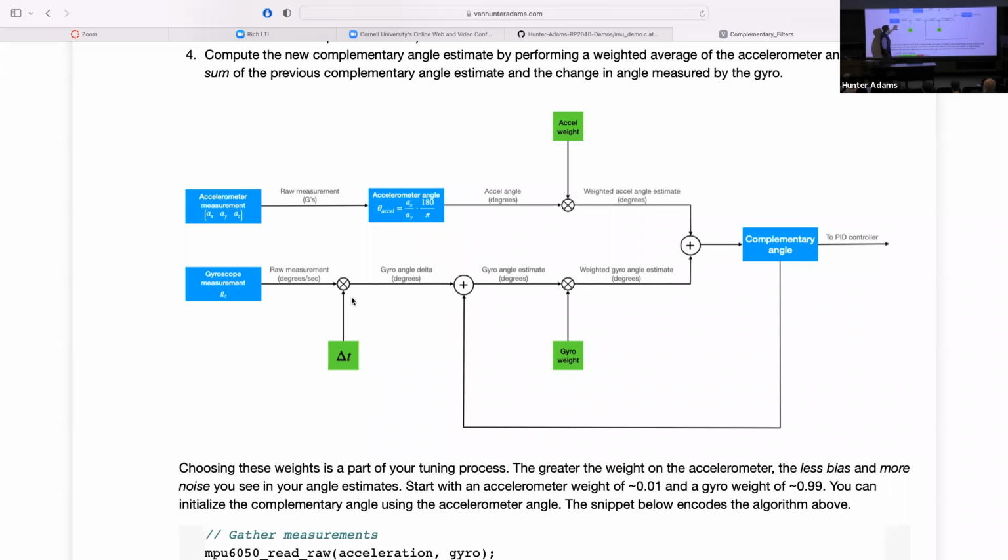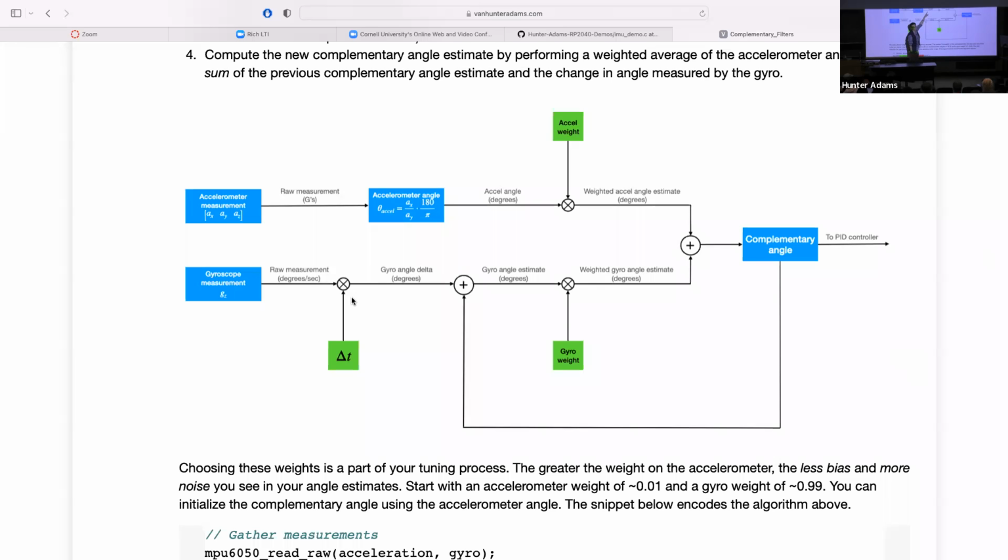The output of this gives you a gyro angle delta, which is to say, how many degrees have we moved since the last time we did this, since our last interrupt. We add that delta to our previous estimate for the pendulum position to give ourselves the gyro's angle estimate.